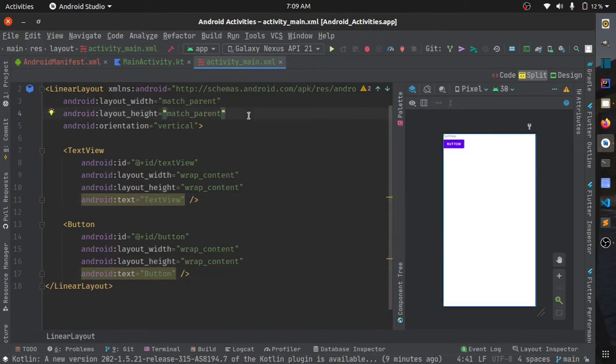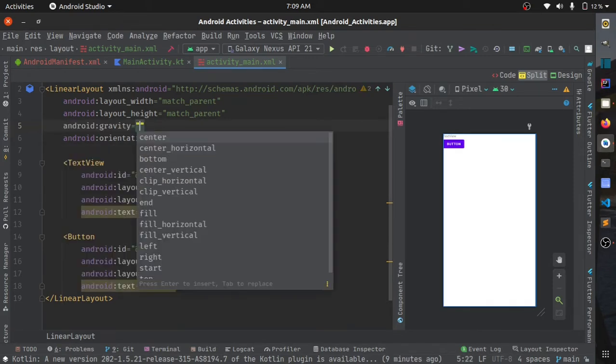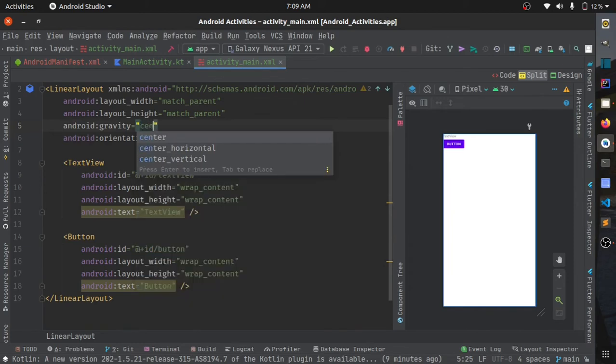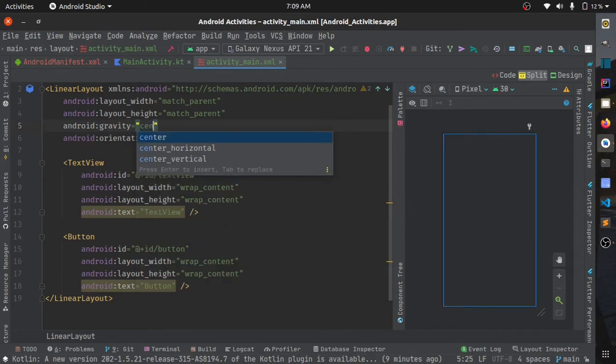Now we want our views to be at the center with some space around them. So for that, the view group has an attribute to lay out its children in the center, that's nothing but gravity, and for that gravity we'll set it to center. You have different options, center, horizontal and many more. We'll be exploring all this in the views tutorial and how they actually work by creating our own. So for now just click on center.